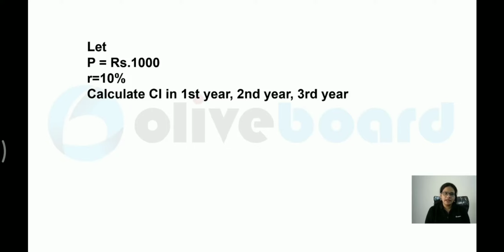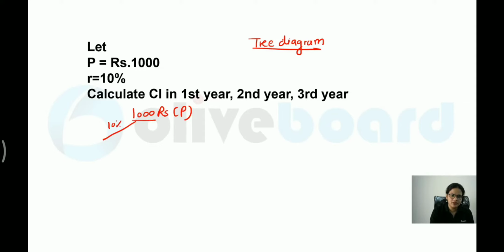Now whenever you are getting a question based on compound interest, we are going to use a new method called the tree diagram. So please learn the meaning of the tree diagram. First let me write down 1000 rupees as my amount. So 1000 rupees is nothing but my principal. When I'm talking about the first year, I'll be having 10% of this amount. What would be 10%? 100 rupees would be the value. Now 100 rupees is the interest which I am getting in the first year. Okay. Now when you are talking about the second year, you are going to have 100 rupees based on the principal.